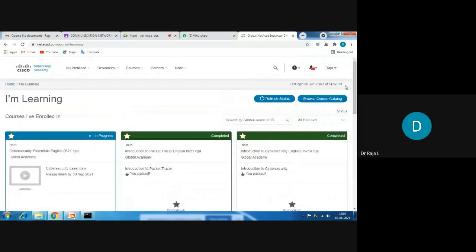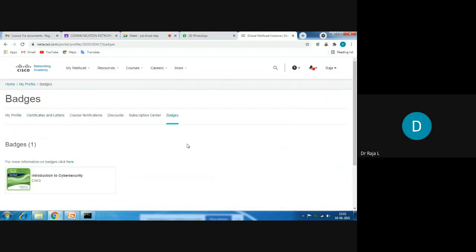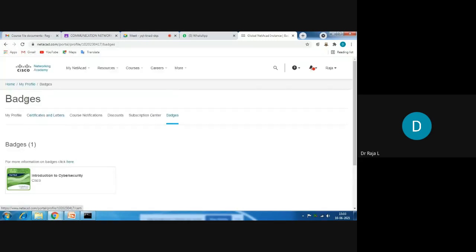This is the badge that you will normally get once you complete the course. After completion you will get the course certificate.